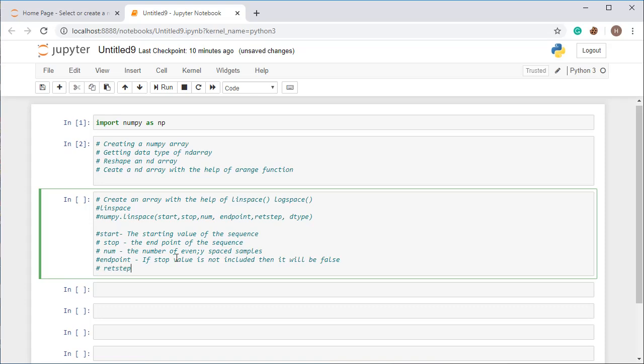Now the last thing, that one is retstep. Retstep is a boolean value. If it is true, it returns the samples and the step between two consecutive numbers.